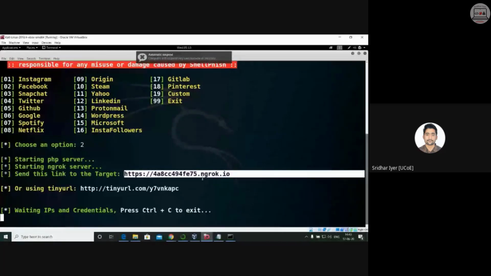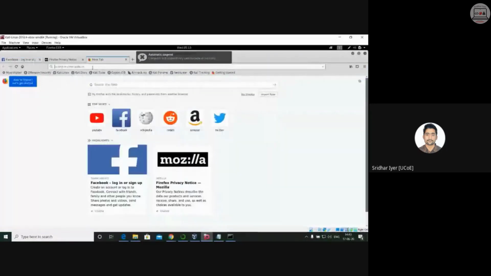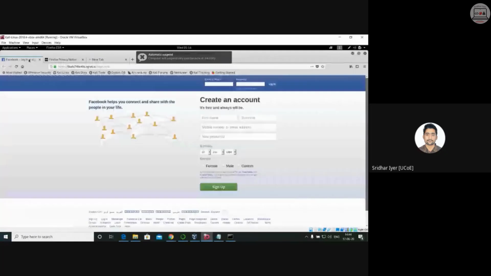So right now I don't have a victim, so I am myself the victim. I'm copying it, and then I'm going to the browser. I'm using this machine only. Paste it, press enter, and just wait. It will load up, and you will see how strikingly similar this is to your actual Facebook account. It is taking some time, so in the meantime, I have already done some experiments previously also. This is how the website looks. It is exactly the same. You can visit the Facebook website and then check it out.